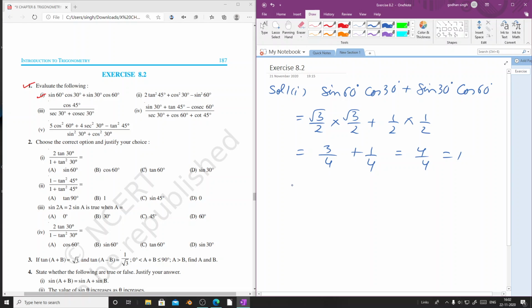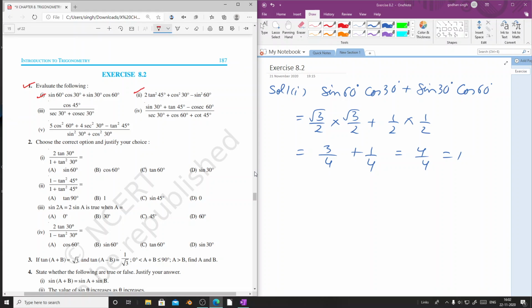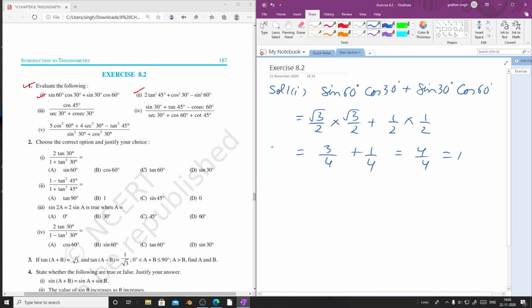Now let us go to the second part, that is 2 tan square 45 degree plus cos square 30 degree minus sin square 60 degree. So solving the second part, 2 tan square 45 degree plus cos square 30 degree minus sin square 60 degree, that is equal to 2 into the value of